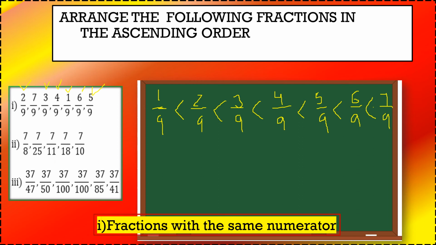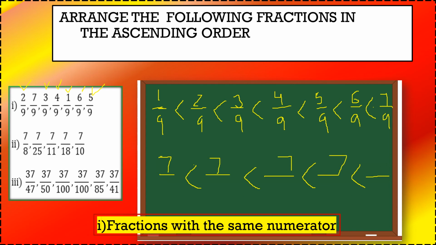So first thing again, how many fractions are there? 1, 2, 3, 4, 5. So I'll make space of 5. 1, 2, 3, 4, 5. I'm making the space of 5, and then I'll write my first. In ascending order means I have to make these signs. Smaller than, greater than signs you have to use, and you should know how to use them when you are arranging them in order. And after that I will be writing my numerators now, children, because numerators are same.